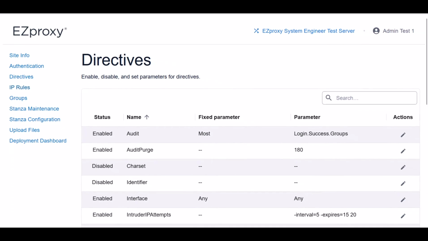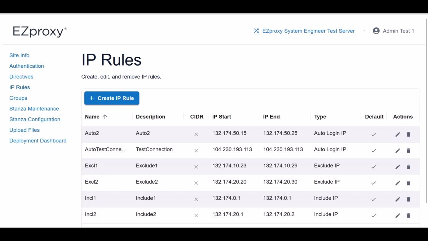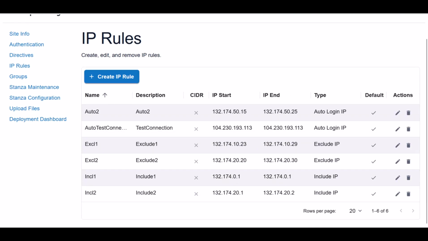The IP rules page in the EZProxy configuration user interface is where you manage IP-based access rules that control how requests are allowed or treated when they match certain IP patterns. Here you will find where to link an existing IP rule to a resource stanza, so that when a user accesses that database resource, the IP rule applies. You can define a new rule based on IP address criteria that you want EZProxy to use when evaluating access